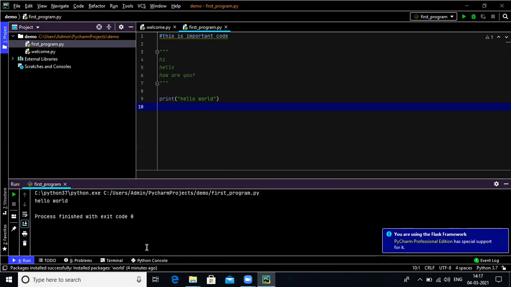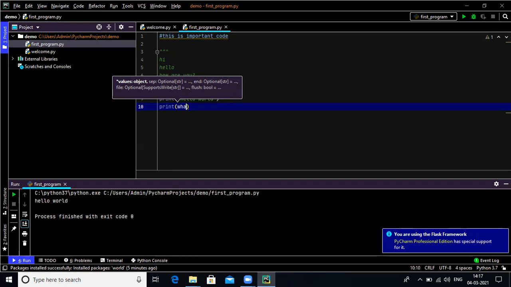Now the next thing: I'm writing a print statement, that is hello world. And after that, a second print statement.